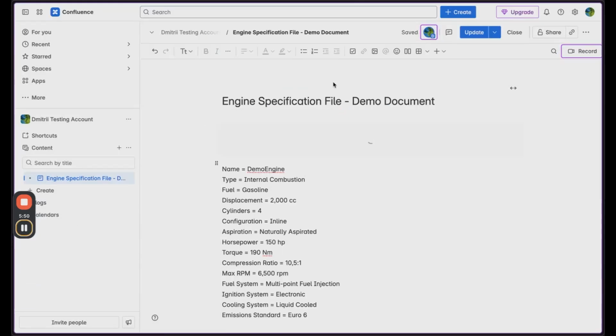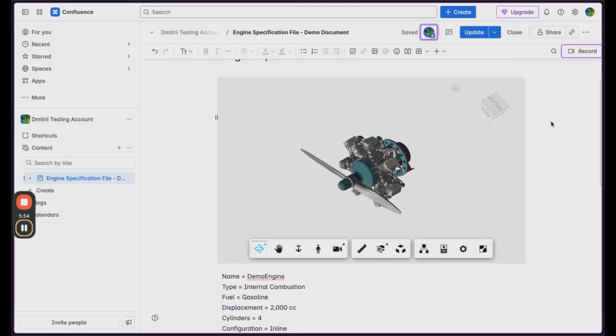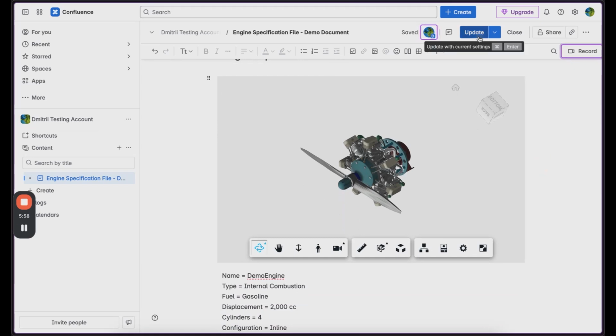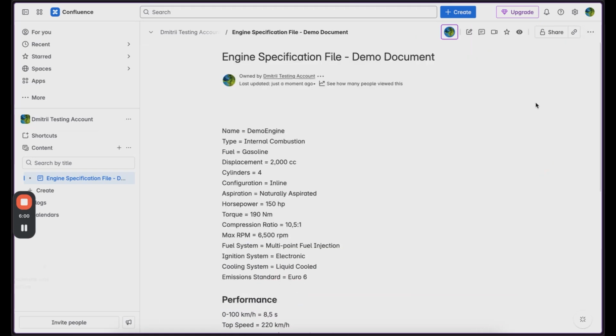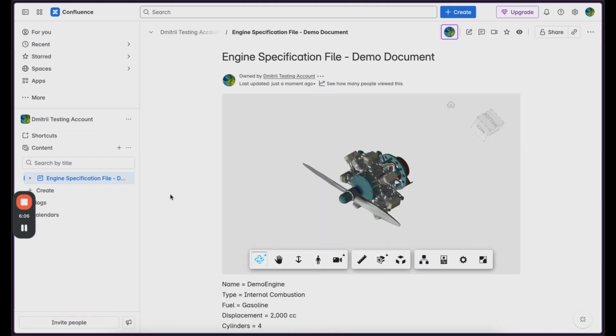This is all you have to do to be able to preview the model inside of a Confluence document. Once you're happy with how it looks inside the document, you just have to click Update and save the document inside of Confluence. As you can see, now this is not in an edit mode, this is just a preview